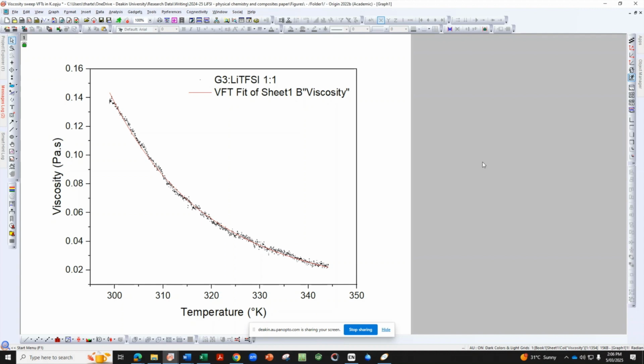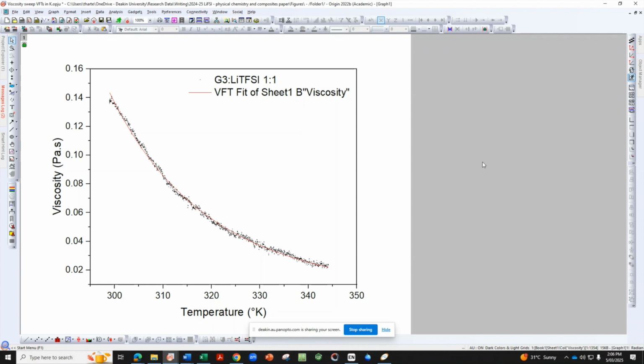Additionally, the VFT equation is essential in studying relaxation dynamics in polymers and glasses, and it describes the temperature-dependent relaxation times, denoted as tau, of amorphous materials. The VFT function plays a significant role in ion transport studies, where it explains the temperature dependence of ionic conductivity in systems such as solid polymer electrolytes and polymer-based capacitors.